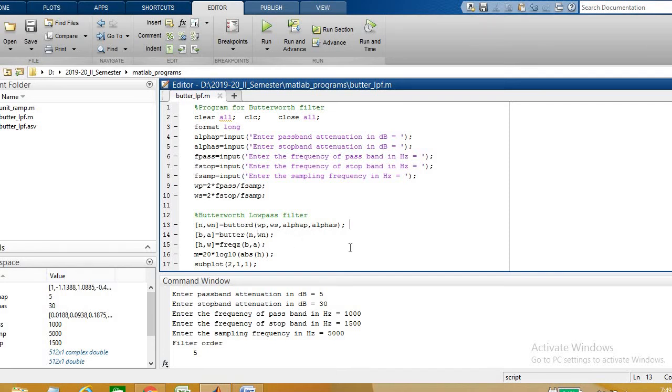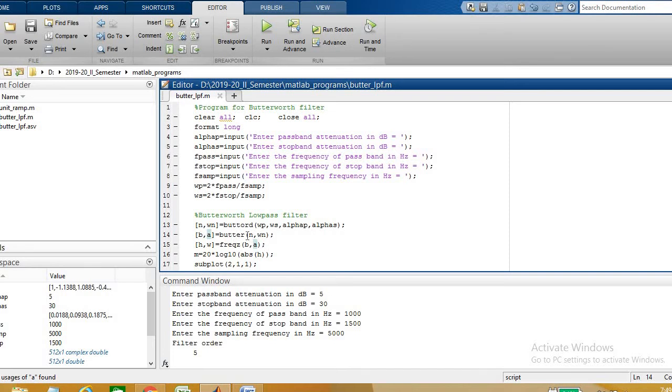Then the transfer function is in the form of numerator and denominator. To find the transfer function we require the order of the filter and cutoff frequency. B means the numerator coefficients of the transfer function, and A means the denominator coefficients. Using the order and cutoff frequency we find the coefficients.